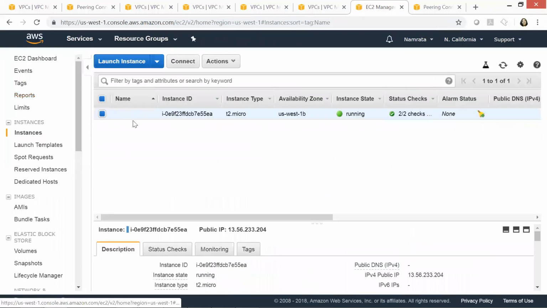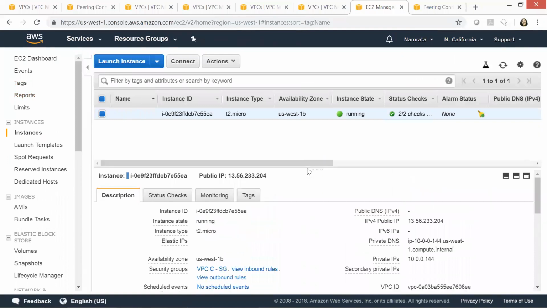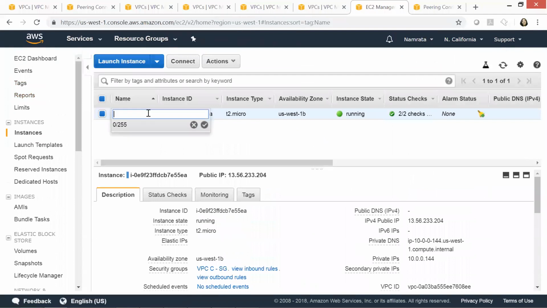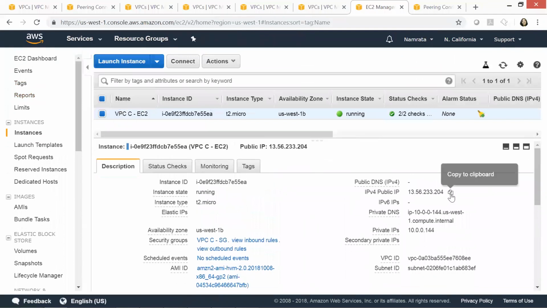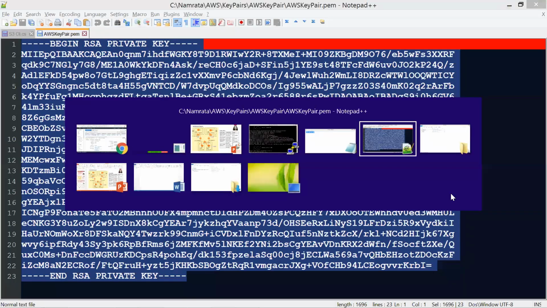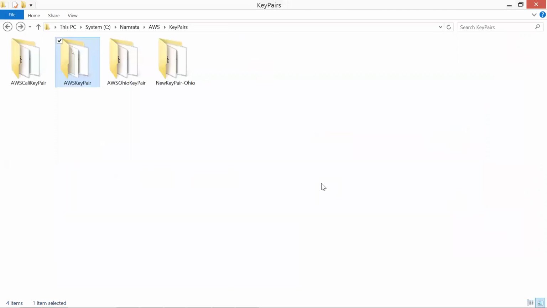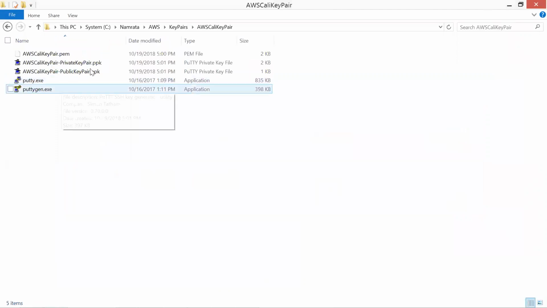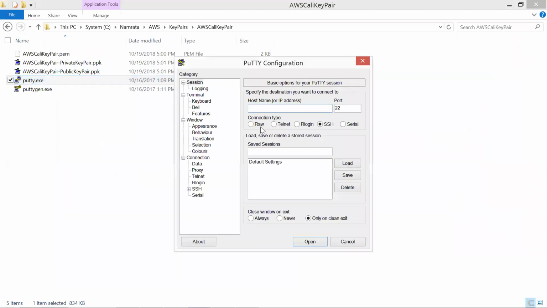I'll clear my drawings, switch back to my AWS account and switch to Northern California where we have a VPC-C. We need the IP address of our instance running over here. So this is our VPC-C-EC2. Okay. So this is our instance running right here, and this is its public IP address. So let's copy that. And then I am basically going to go to my California key pair, run PuTTY right from there. Copy my IP address,